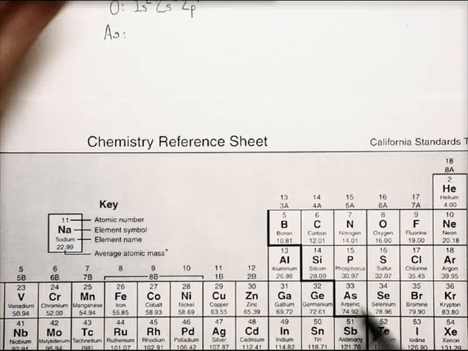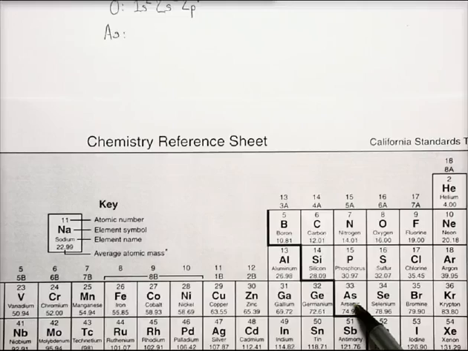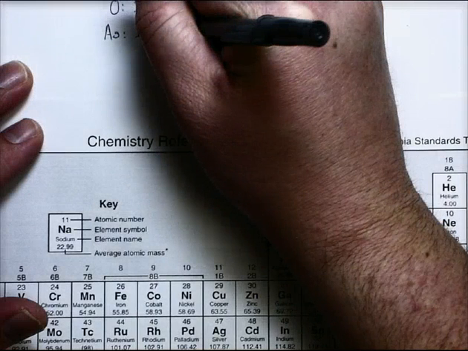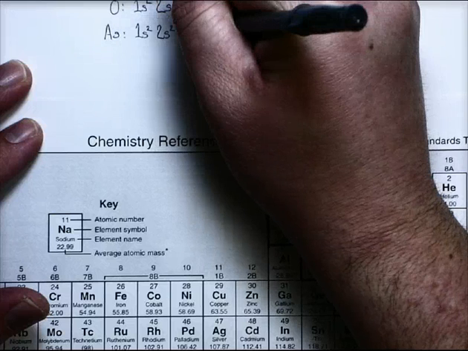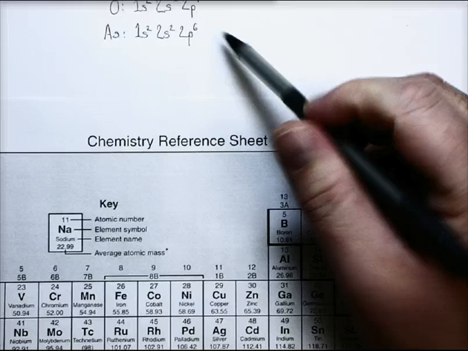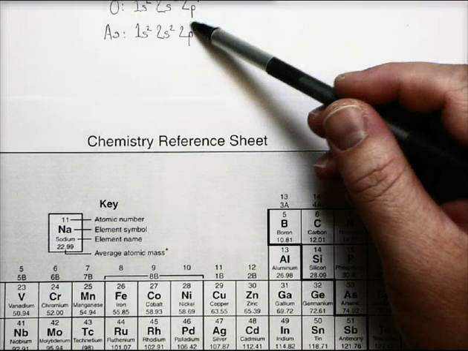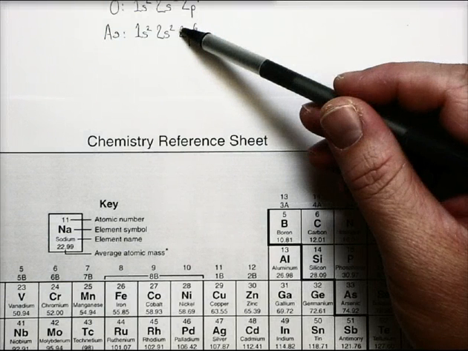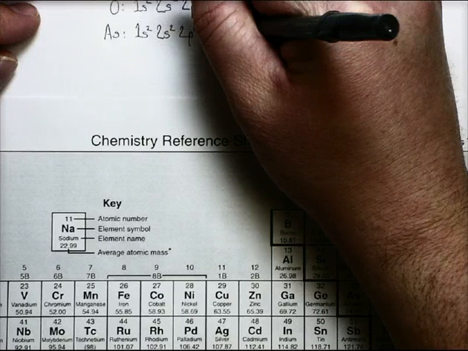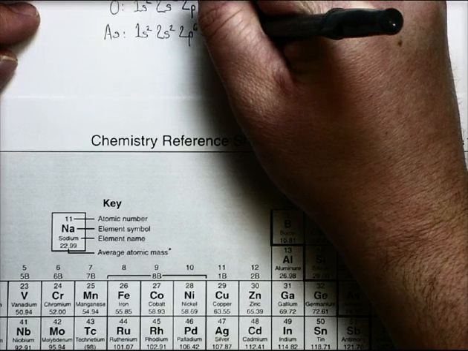We have the 1s sublevel fills up, 2s will fill up, 2p will fill up. Now we've used a total of 10 electrons. After 2p, we have to remember that the second energy level only has an s sublevel and a p sublevel. So the next place we go is the 3s sublevel. The third energy level is the next lowest, and then s is the lowest sublevel within that. And then